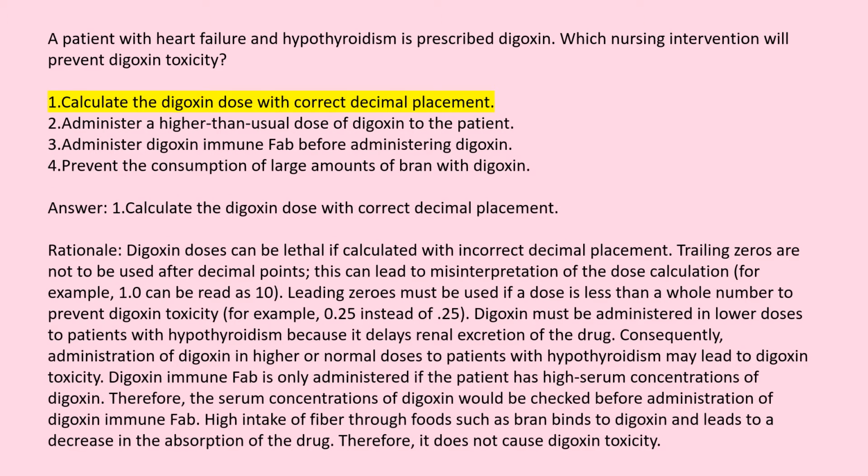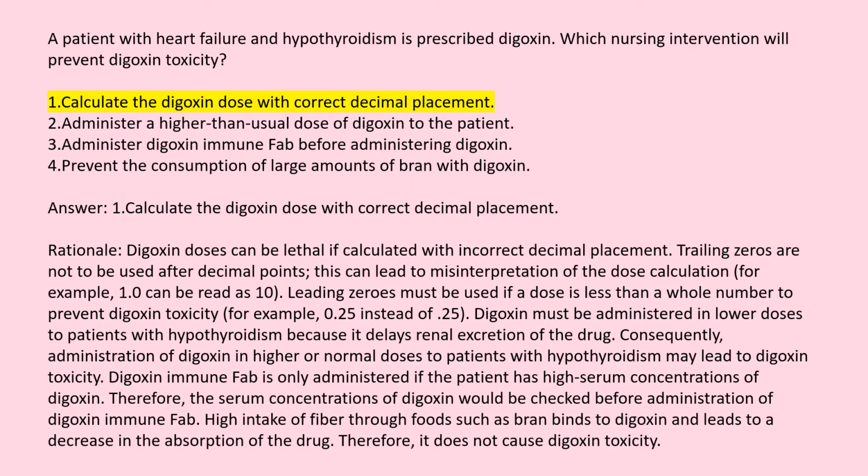Answer. 1. Calculate the digoxin dose with correct decimal placement. Rationale. Digoxin doses can be lethal if calculated with incorrect decimal placement. Trailing zeros are not to be used after decimal points. This can lead to misinterpretation of the dose calculation. For example, 1.0 can be read as 10. Leading zeros must be used if a dose is less than a whole number to prevent digoxin toxicity, for example,